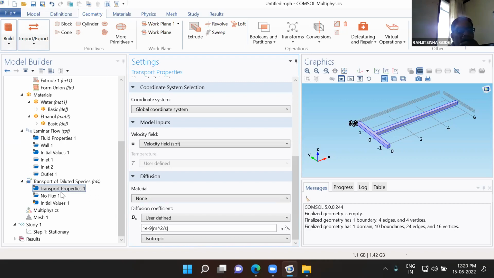Now this diffusivity of the ethanol, so whatever material we have selected here, diffusivity of ethanol in water, its value is this, you can see,